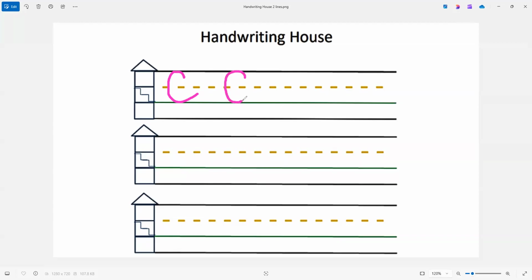Curve around and out. Curve around and out, just like this. Curve around and out. You don't have to go up and touch the dotted line that's in the middle, because